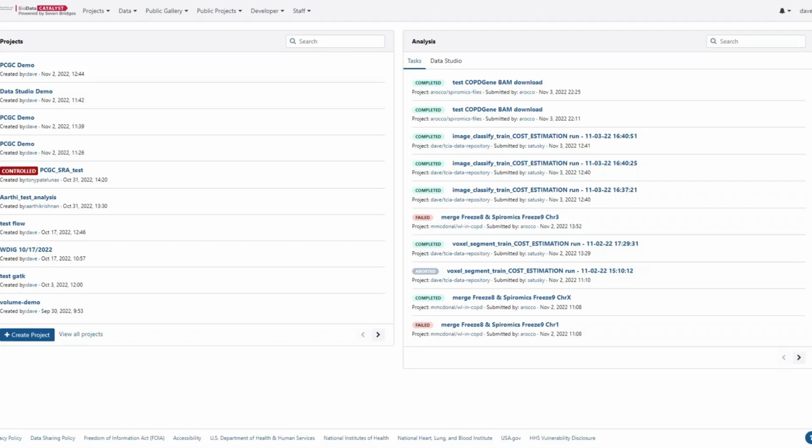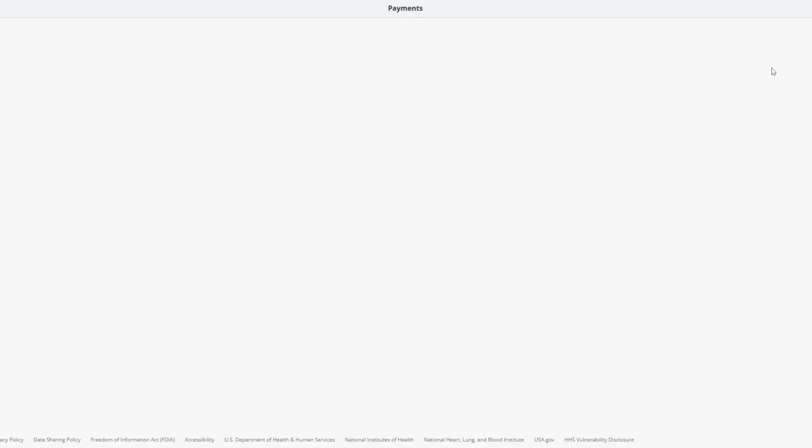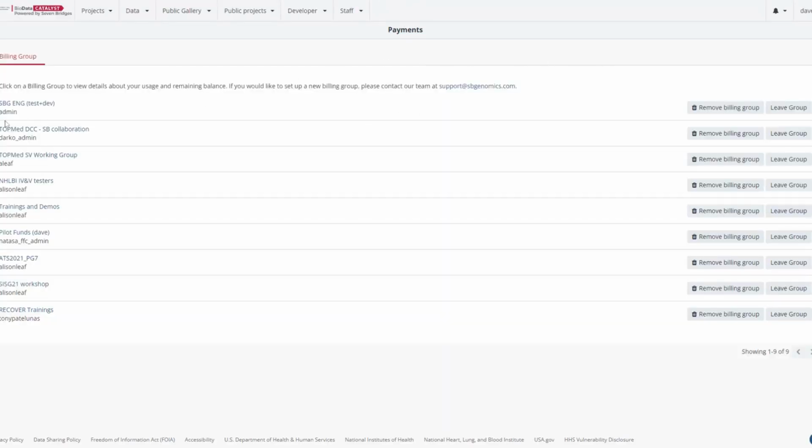I want to show you how to find the payments page. The payments page is simply where you could manage your different billing groups and track your costs at a very granular level. So over on the right side, you'll see my username is Dave. And to get to the billing group, the payment page, I just click the drop down here and I click on payments. This will bring up all the billing groups that I'm a member of. And you can see that I'm a member of several billing groups